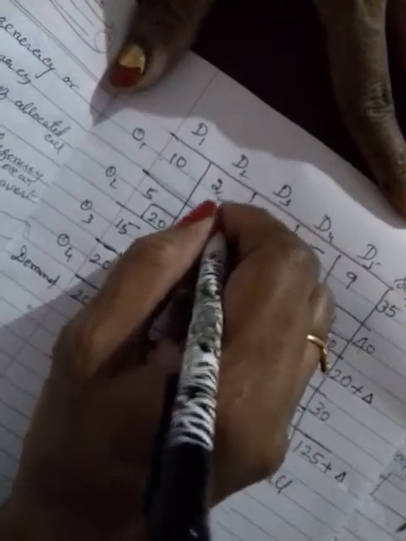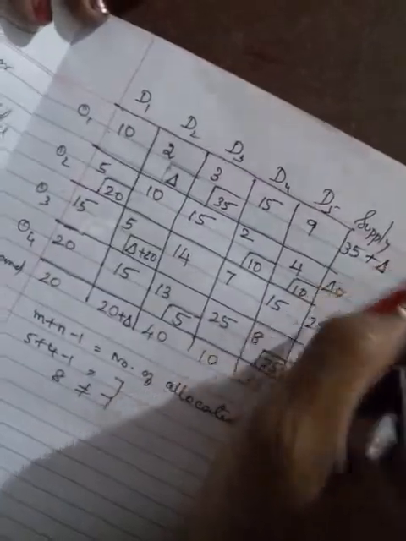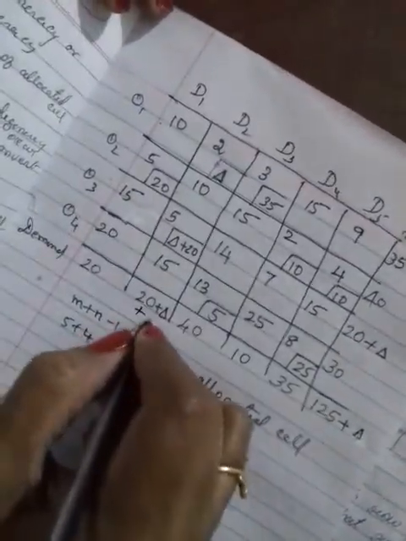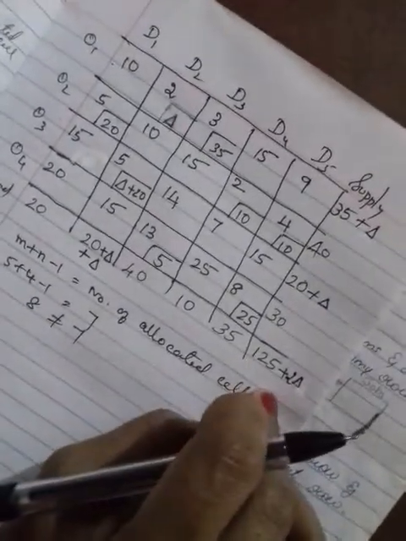Okay, so erase all the lines here, otherwise you will get confused. Just put the lines in pencil. Now here we can put one delta value, we can assign delta. If you assign delta here, here also you have to add, and down also you have to add. Now if you add, you will get 2 delta. Is it clear? Now only you have to put 2 delta.